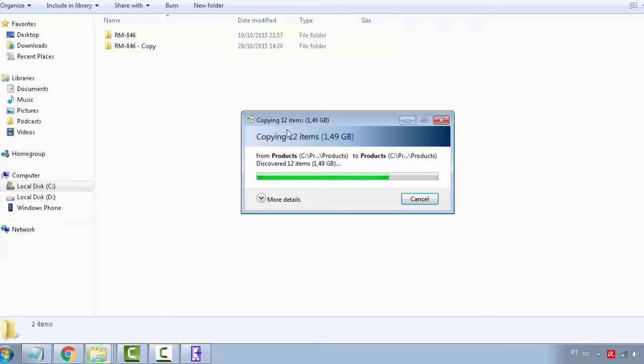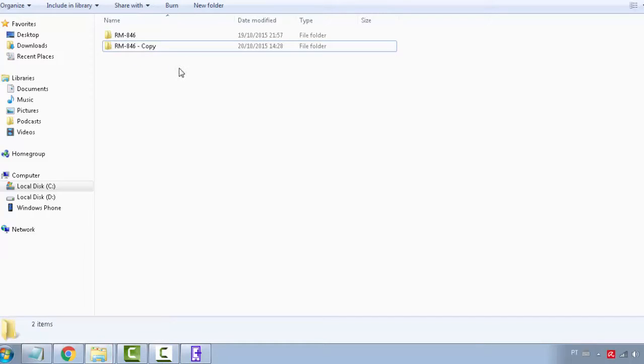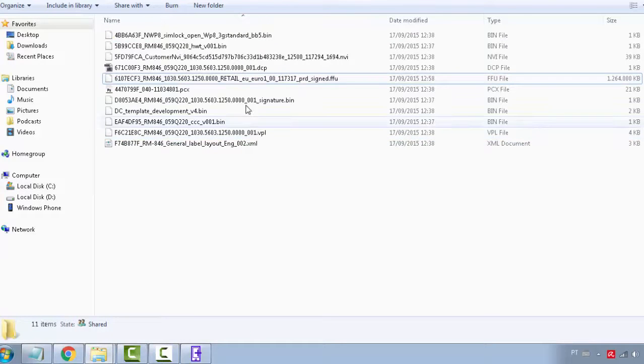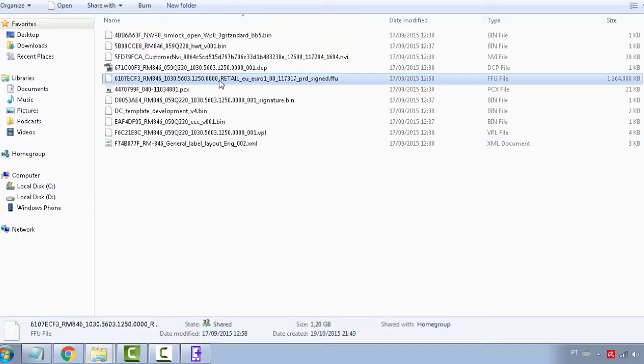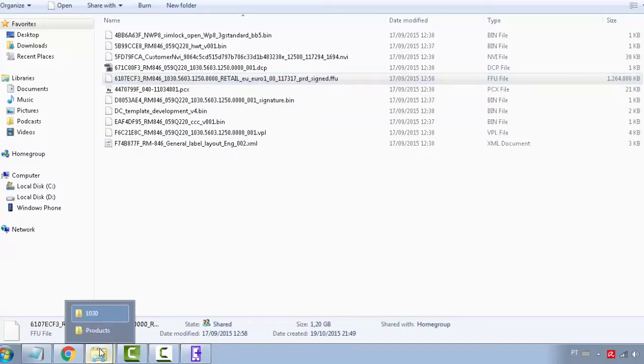Let's wait for it to finish. As you can see, I have two folders with the same content in it. Now, what I will do is go back here to the firmware I want to install. I will copy only the FFU file. I'll copy, go back to the